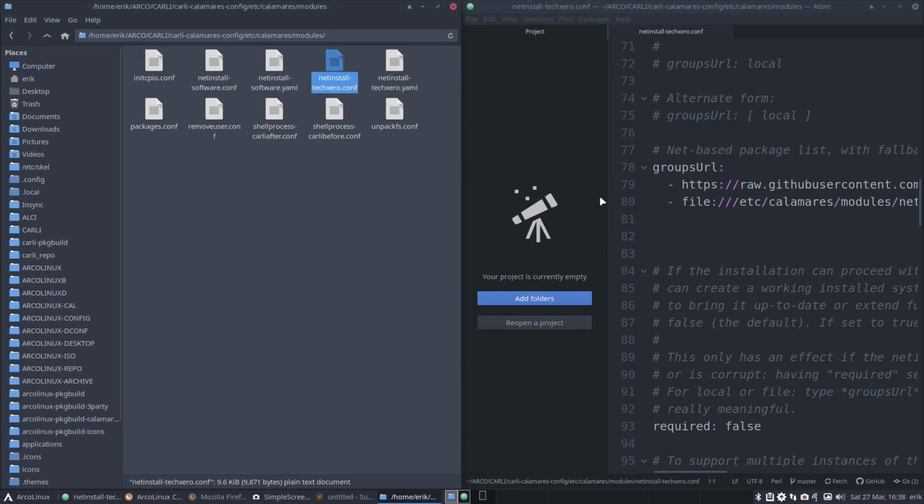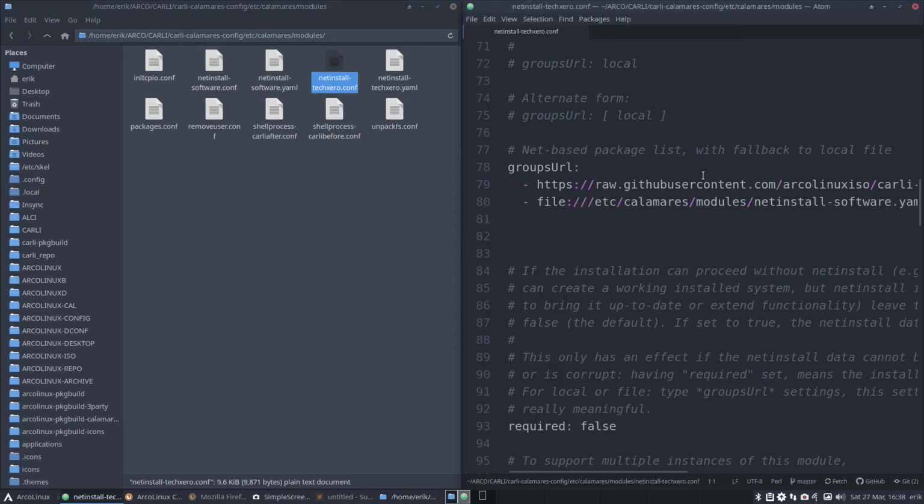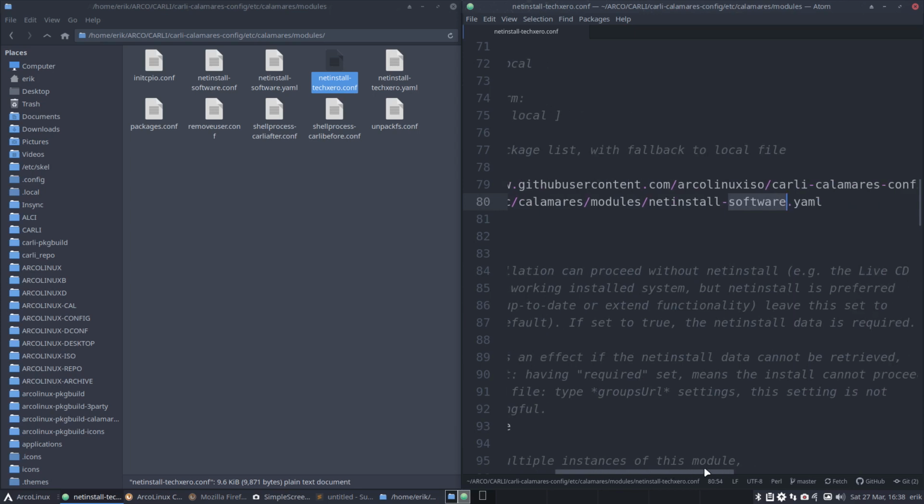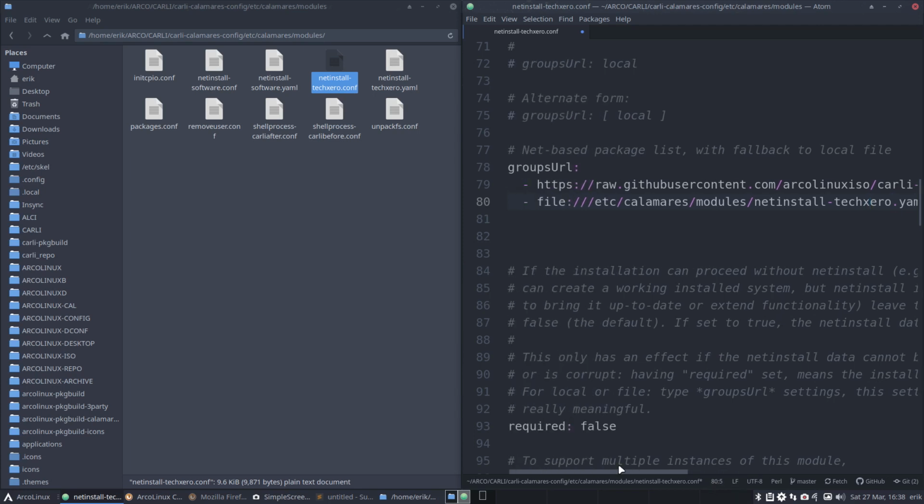So it's pointing to, let's get rid of that, net install software. It's pointing to the YAML of net install software, which is not the right thing. It should point to TechXero.yaml, net install TechXero.yaml. And it's also going to point to the URL, so that's a new thing that's just supplied in Calamares